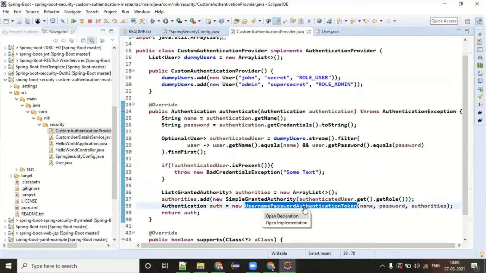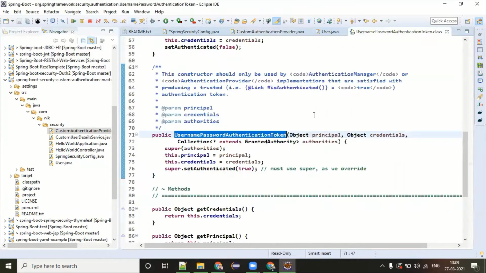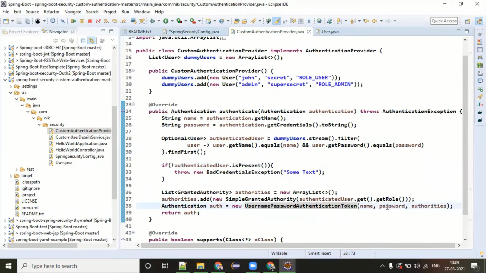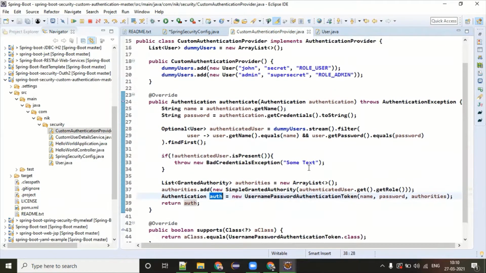So if you look at this class, which is again provided by Spring Security, what exactly this is doing is it is going to create one auth bean, I can say, and put it into the container. So how is this auth bean going to be used? Now you might have different services. You have some secret request or authorization purpose. Whenever you are going to look into that, whether the logged-in user has what kind of role, this bean is going to be available in your container. So wherever you want, you can access this. And finally, I'm returning this.